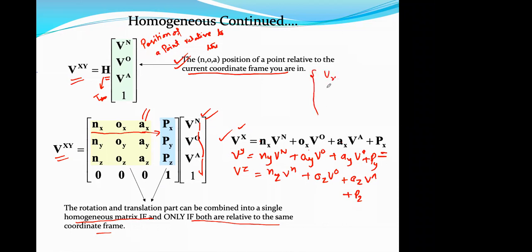So we can have a Vx Vy Vz and W जो हमने पहले भी बताया था, उसमें हम इसकी फ्रेम को निकाल लेते हैं. सो आई थिंक पहले जो आपको शो किया था, एक टू लिंक का केस दिखाया था, दैट केस भी इन द 2 डायरेक्शंस, और 3 डायरेक्शंस में केस जो होगा यू आर सीइंग इन दिस मैट्रिक्स. तो जो भी 3 डायरेक्शंस में रोटेशंस और ट्रांसलेशंस हैं, दैट कैन बी रिप्रेजेंटेड बाय दिस मैट्रिक्स. So the rotation and translation part can be combined into a single homogeneous matrix. What is the condition? The condition is that both are relative to the same coordinate frame.